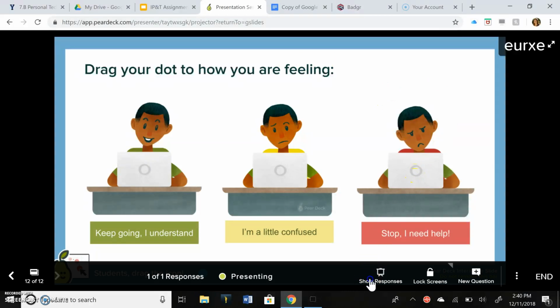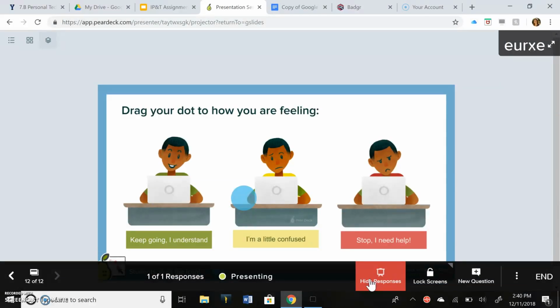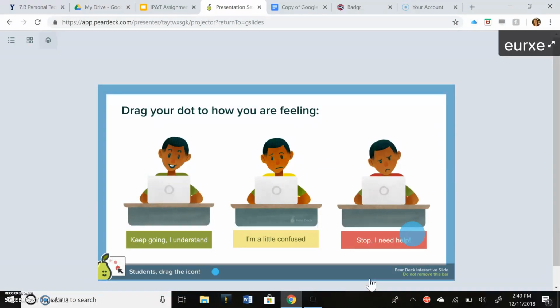I'm going to come down here and click Show Responses, and you can see that as the student moves and drags around this icon, you're able to see how they're doing. When you have multiple students, it'll show you multiple of those little icons until you get a general feel for how the whole class is doing. There might be a few individuals that are struggling, or only a few that get it, and it helps you gauge